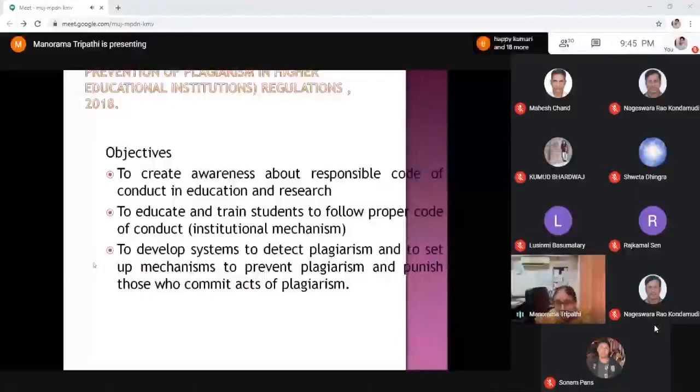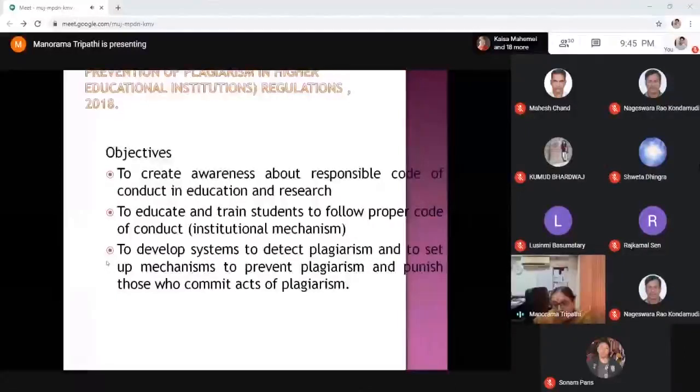Then these regulations also mandate that there should be an institutional mechanism to spread awareness, to educate students, to train students. What is all this about? Why are we emphasizing so much on academic integrity? Why are we emphasizing so much on honesty?